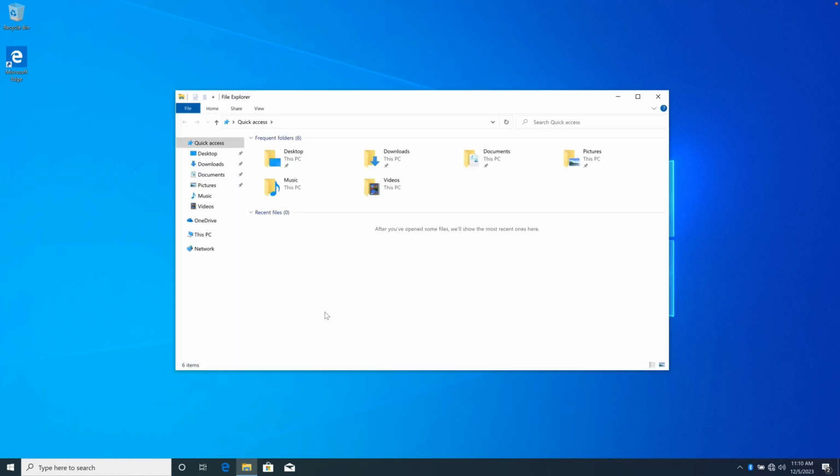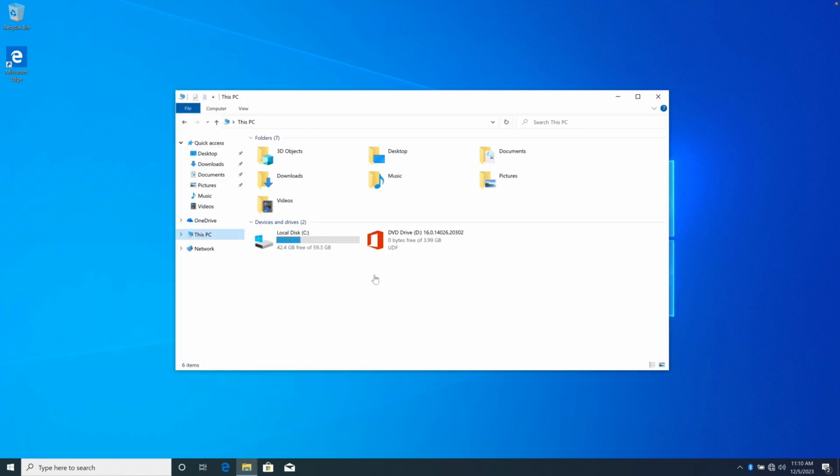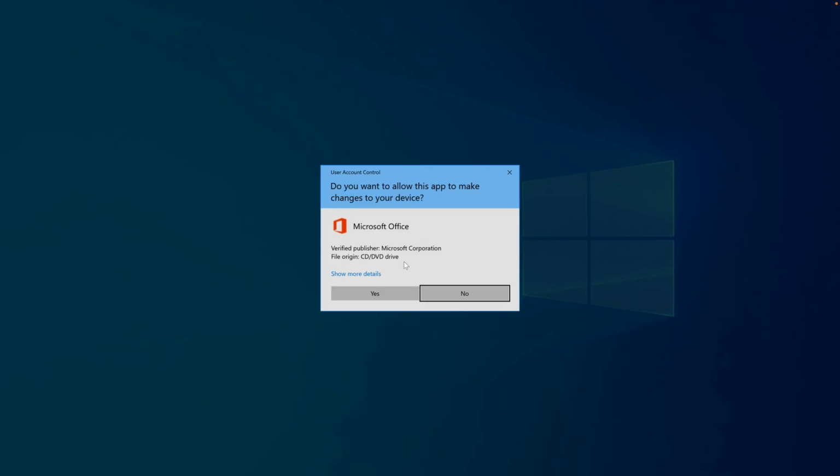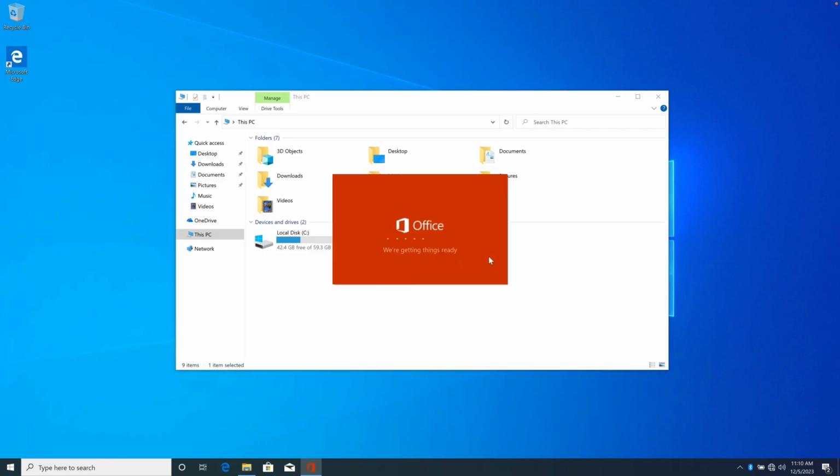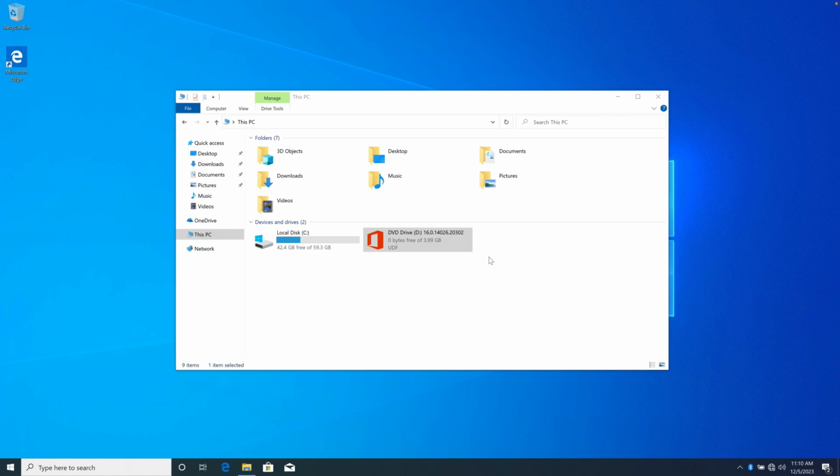And I believe I have an ISO mounted for Office, so we can install Office. Again, you shouldn't need a paid version. You should be able to get away with whatever you need with a fresh install of Windows and a fresh install of Office. You can download a lot of these Office ISOs from MSDN, or there are actually some GitHubs. I don't know that I should specify any specific ones, but if you Google for Office ISO GitHub, you'll probably find some results where you can download these and then compare the hashes against the MSDN library to make sure they're legit, or verify the URL. The URL where the download comes from may also be the Microsoft Developer